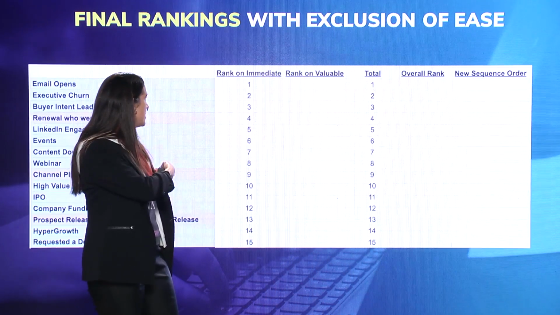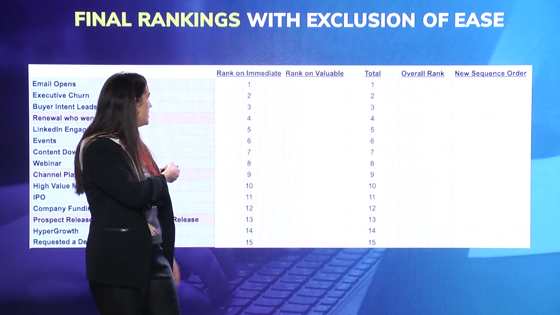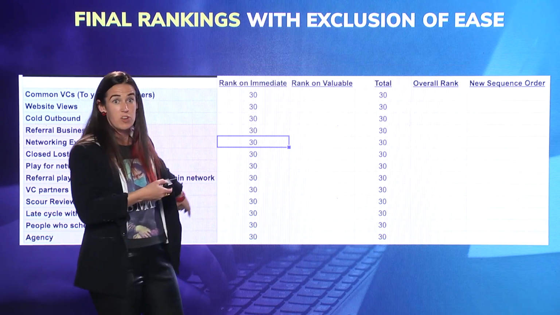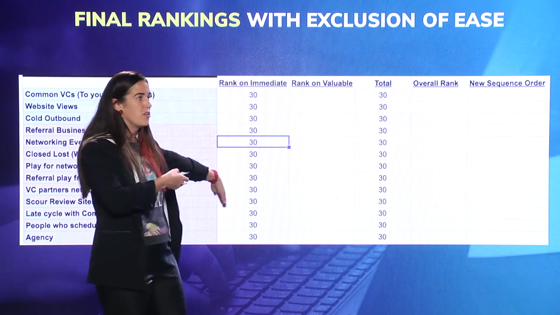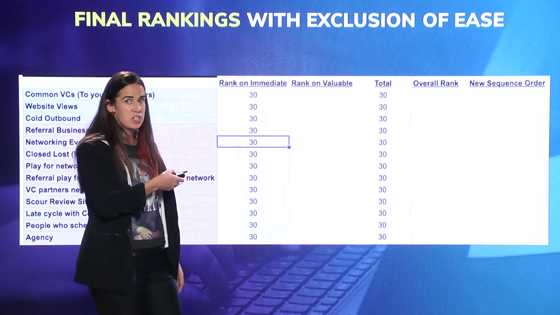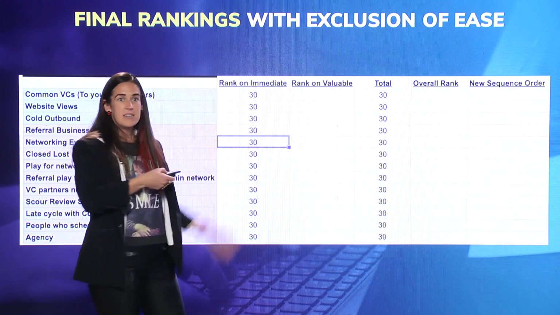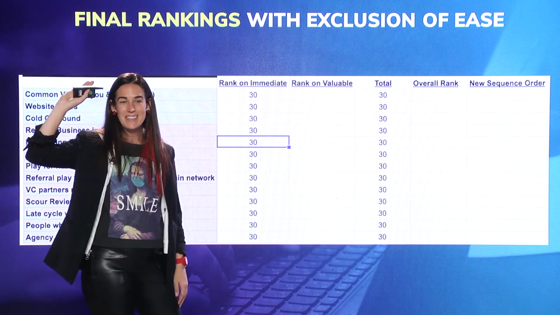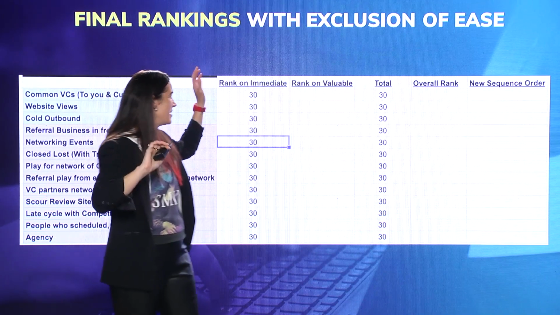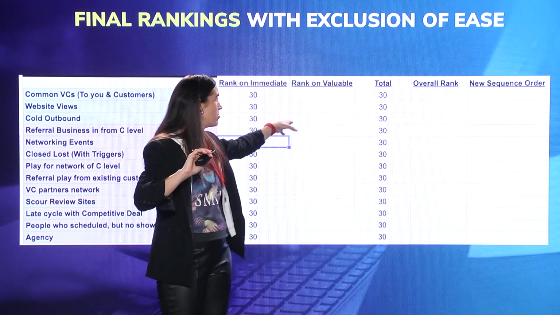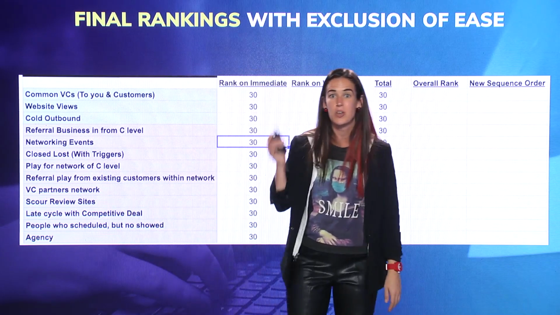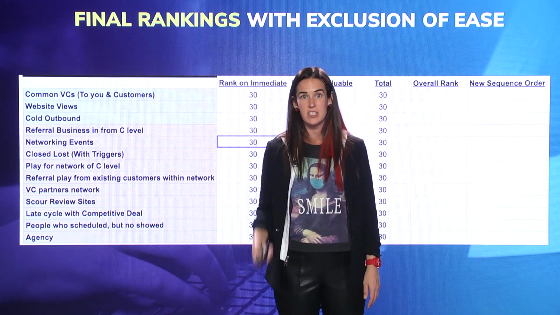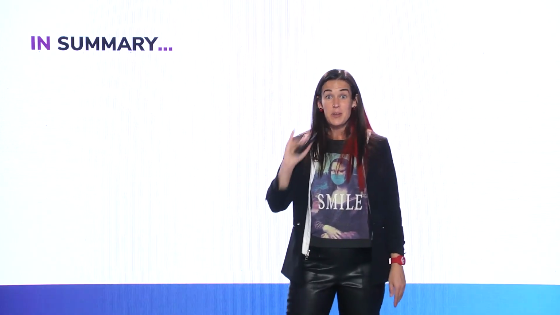But basically, you can give them a rank based on immediance and then based on 30 if there's no immediance in your opinion. And then rank on value based on the data that you saw in the previous spreadsheet. And throw out the ease tab. You don't have to worry about ease. And give it an overall rank, a total, an overall rank based on that total, and then a new sequence order based on who was the lowest down to the respective highest total. So in summary,